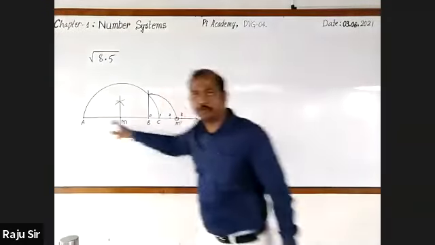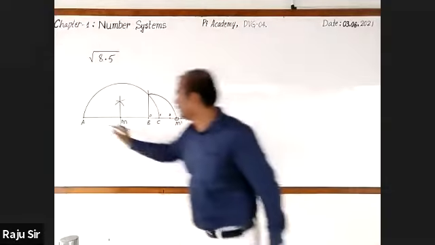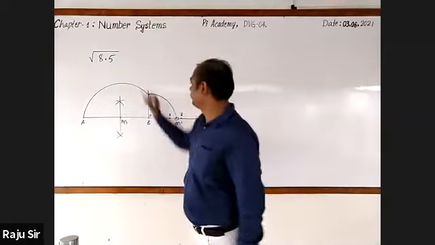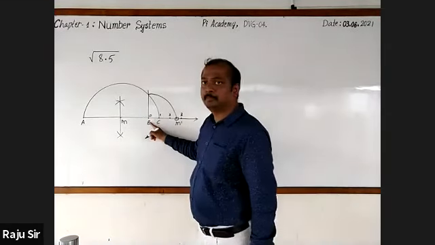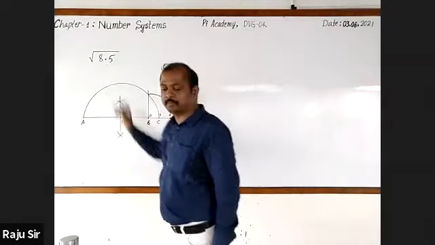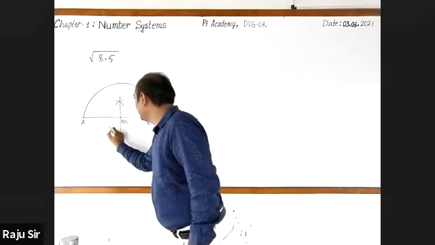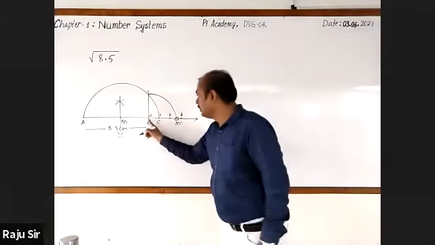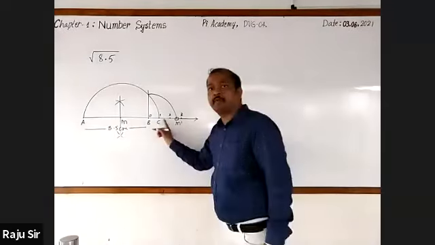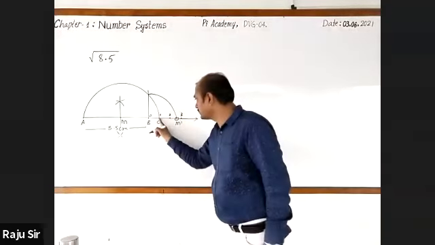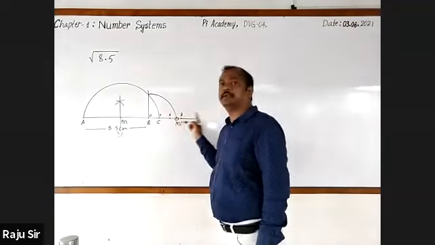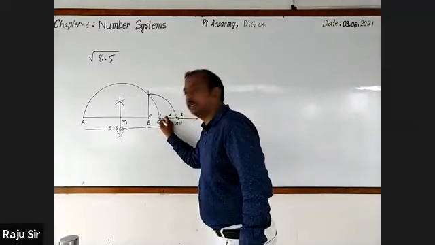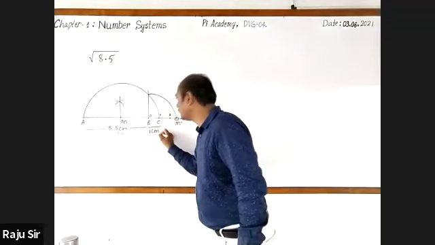Here, first you draw a straight line. Then on that straight line, you mark the point A. From A, you mark the point B with a distance of 8.5 centimeter. It is 8.5 centimeter from A to B. Next, after that, you will mark every 1 centimeter. Here, 1 centimeter, then 1 centimeter, 1 centimeter, 1 centimeter, and so on. Then you will take the point C. From B to C, it is 1 centimeter.